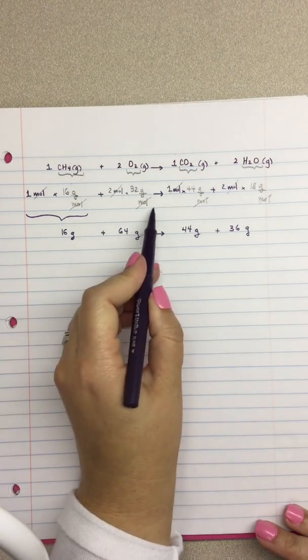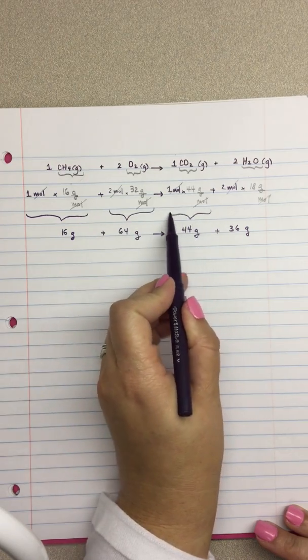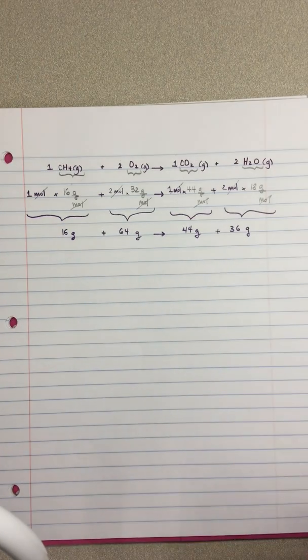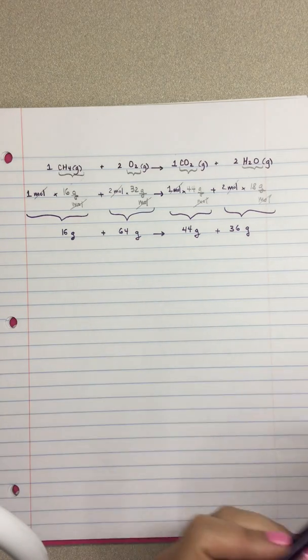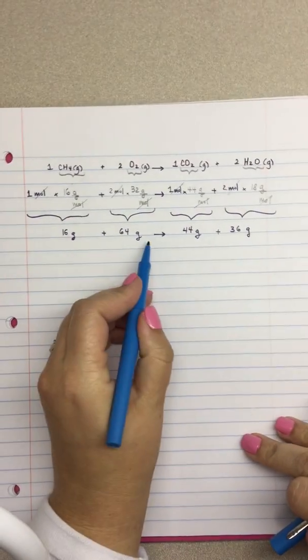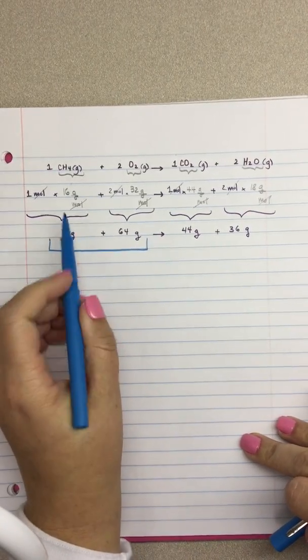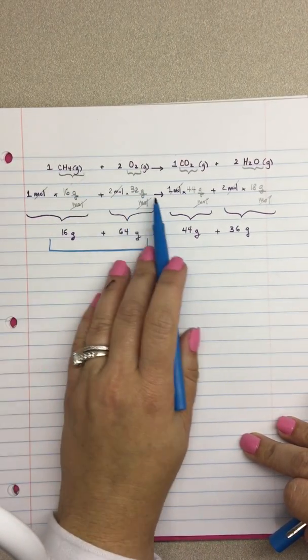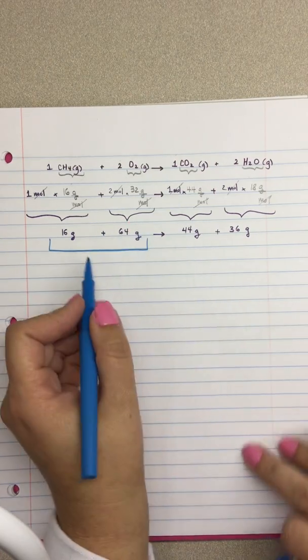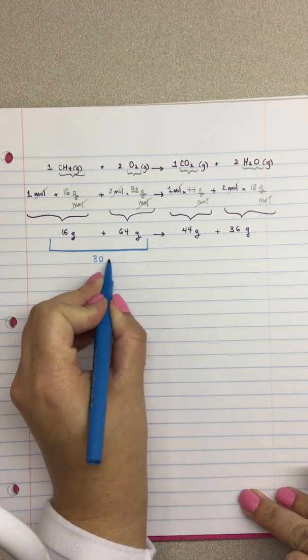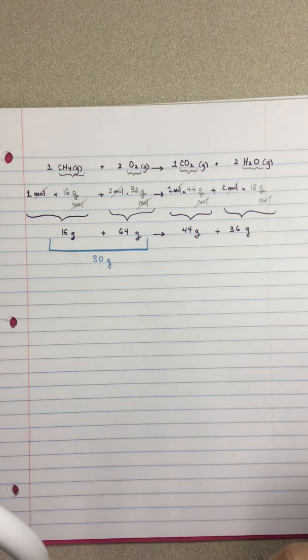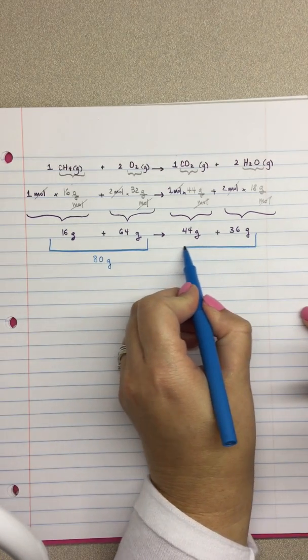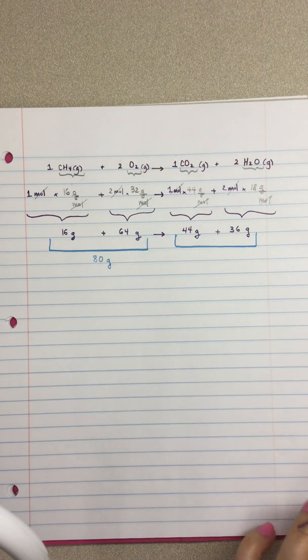This is that number, this is this, and that's that one. So if you add together your 16 plus 64, on your reactant side, you have 16 grams for CH4 plus 64 grams for your oxygen. And I'm adding that, and I get 80 grams. On your product side, I'm adding 44 plus 36